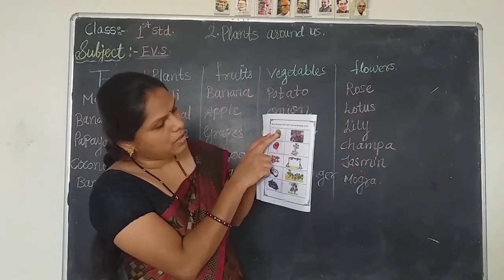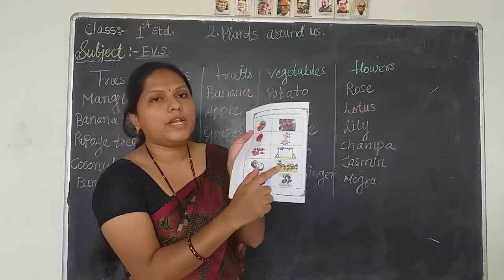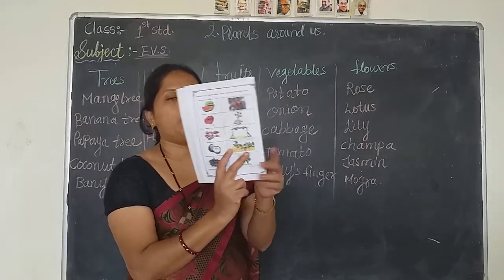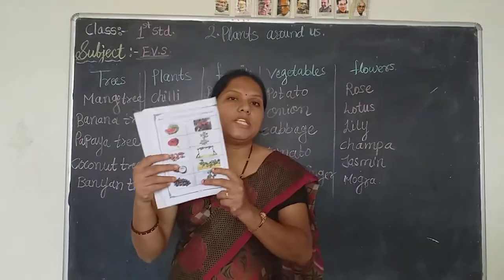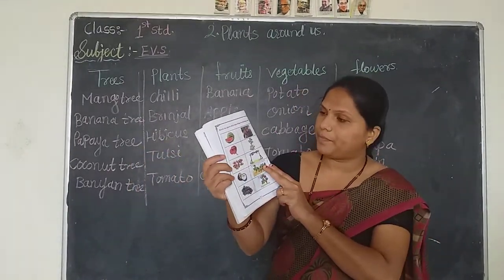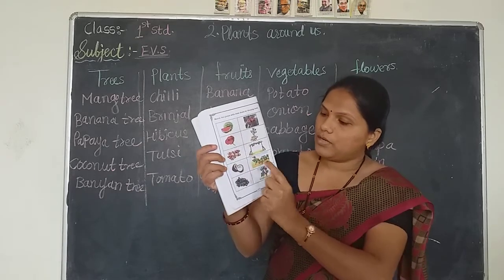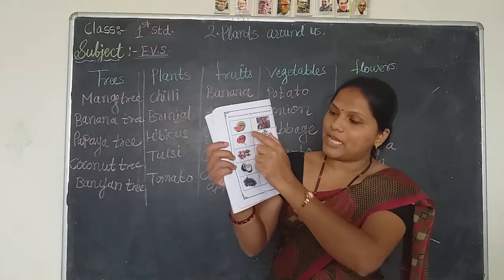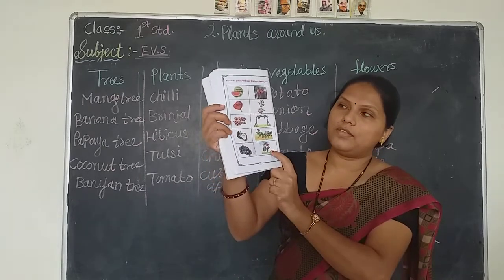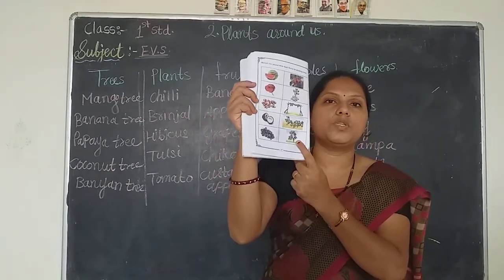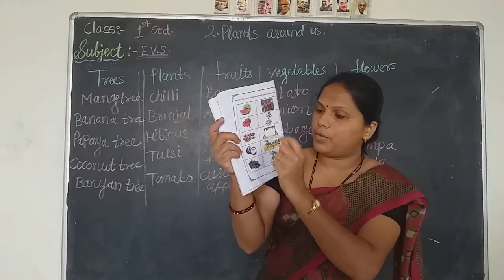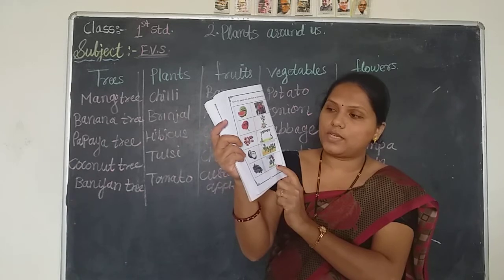Watermelon, the first one here, fourth number. The watermelon plant is called a creeper. I will teach next time what creepers and herbs are, which have different shapes. Watermelon, fourth number, you have to match it here. Next, second one, rose. On this side, the last one is a rose plant. You have to see carefully. Where is the watermelon? Where are the roses?